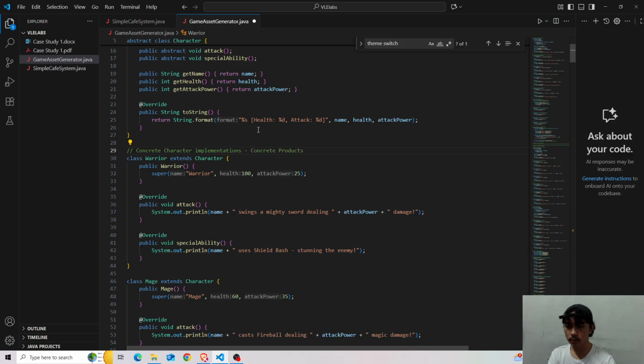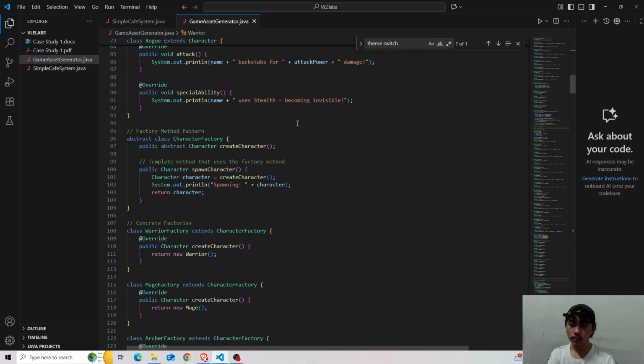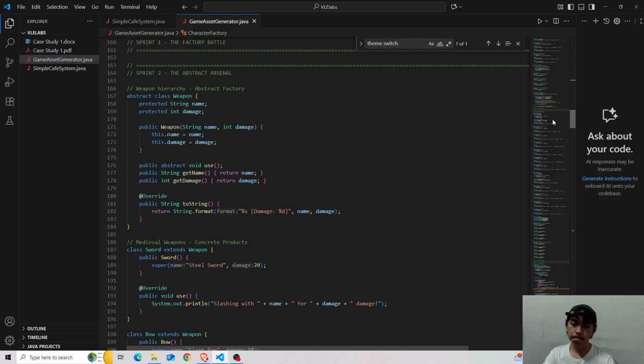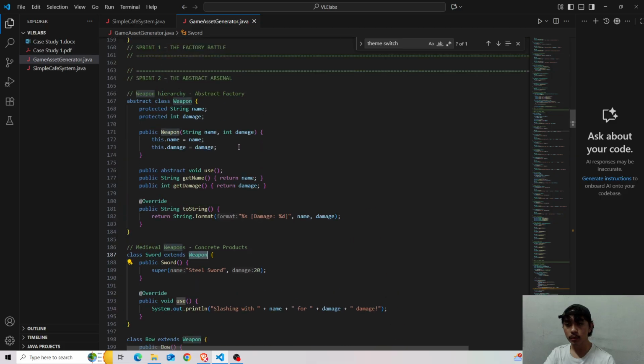Concrete products. So each warrior and each character is a concrete product, and then factory method pattern. Okay, where were we? Concrete products. So for the medieval weapons, we have a concrete product of sword, or concrete weapons, extends the weapon abstract class.